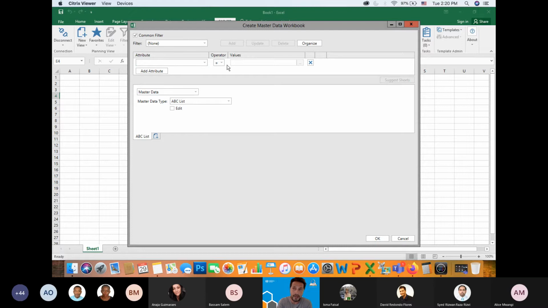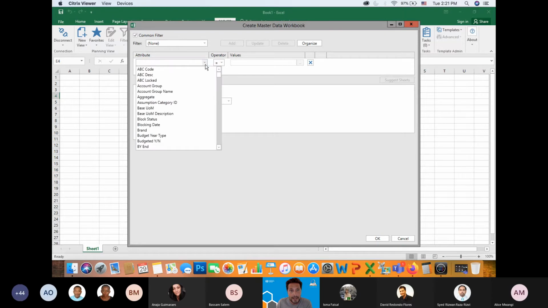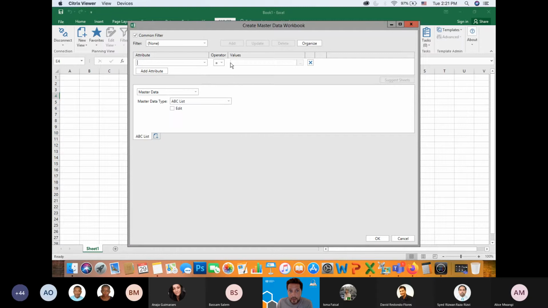So for example, if you wanted to see all the products and services that are available in the master data workbook, the filter would become very important for you when you want to, let's say, filter by a specific product ID, commodity, or any other attribute that you see here available. Okay, we're not going to be using the filter option right now because what we're going to dive into directly